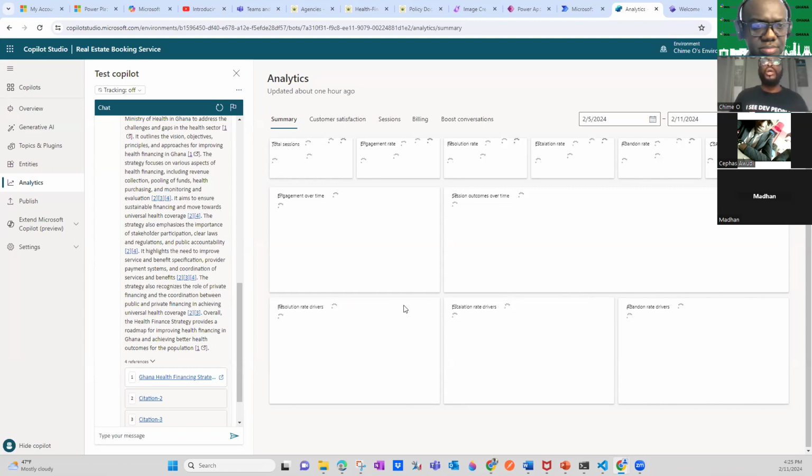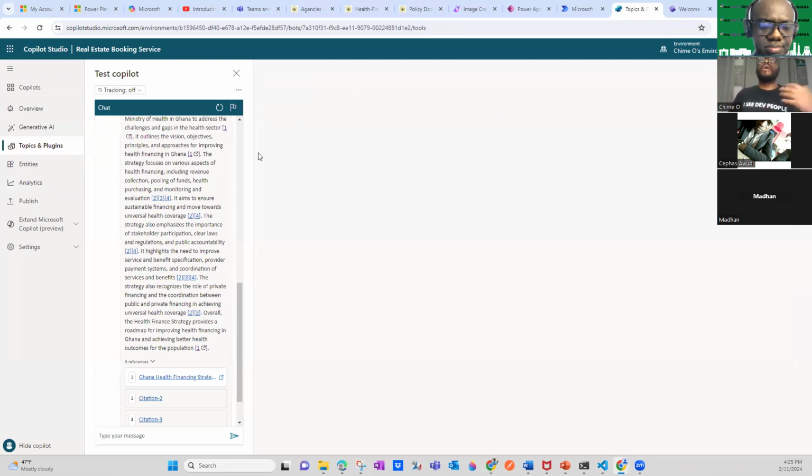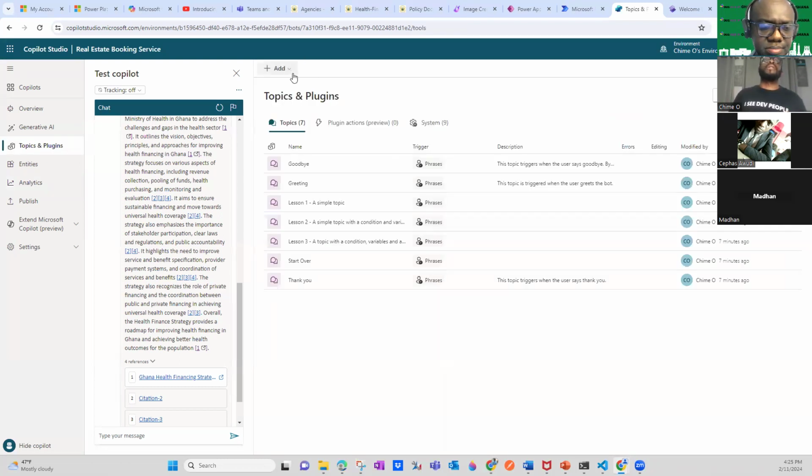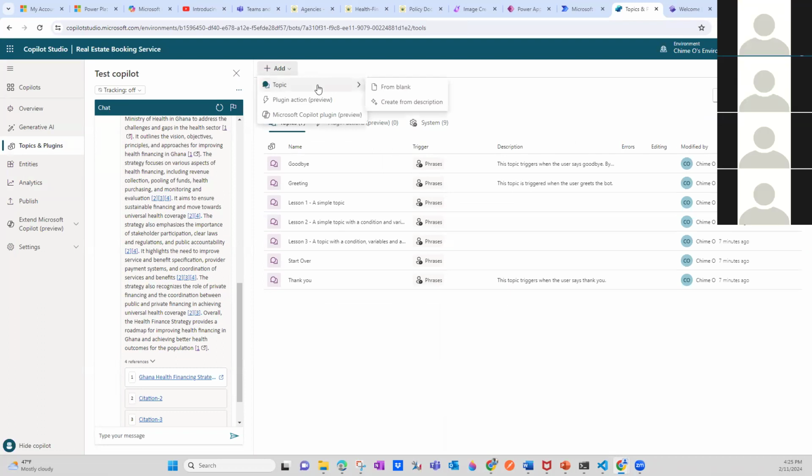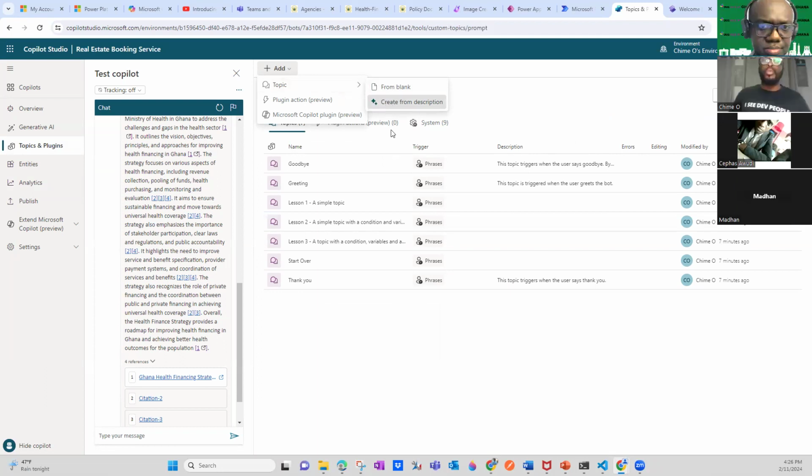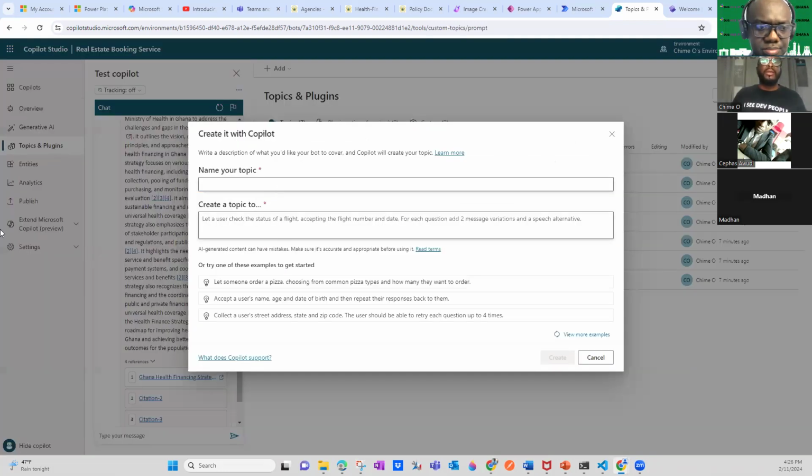You create your own topics. You can use Copilot to also curate topics. So creating your own topics is, for example, you know what you want, you've done your requirements and your analysis. If from blank, you can upload your topics. But here with Copilot Studio, you can just curate topics from a description. Just go in and write a description. I want to be able to book a real estate showing, for example. Curate a topic. So what topic do you want? You can create the user's name. For anybody that wants to come and see a property, I'll have their name, address, property, day and time. I'm not going to go into that.